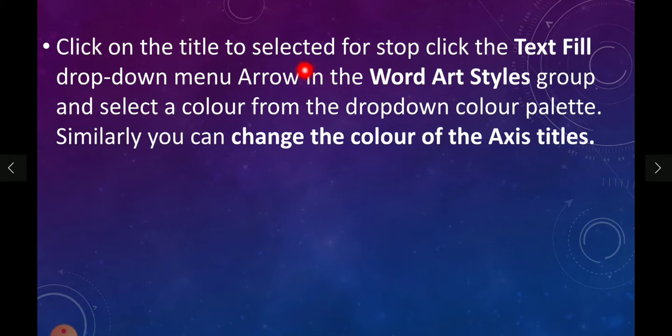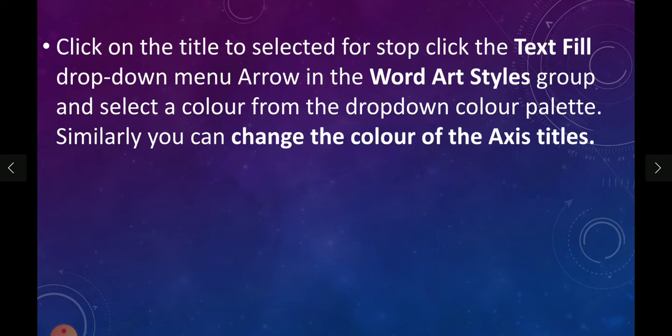Click on the title to select it first. Then click the Text Fill drop-down menu arrow in the WordArt Styles group and select a color from the drop-down color palette. Similarly, you can change the color of the axis title.